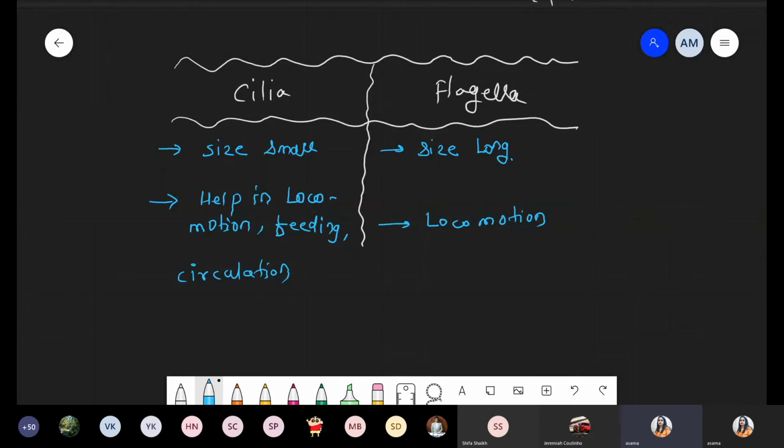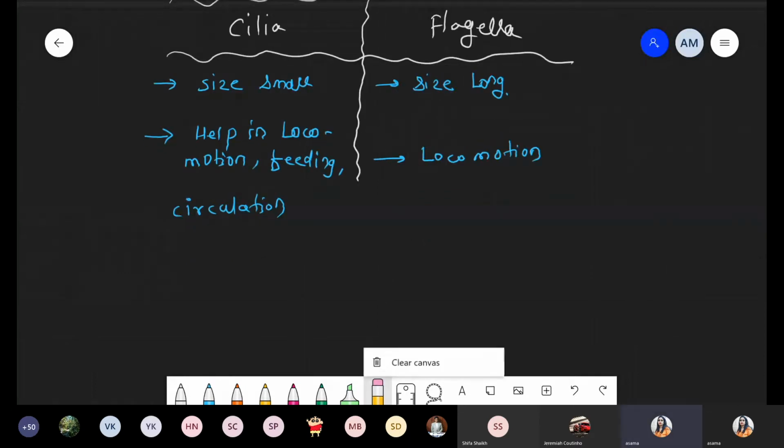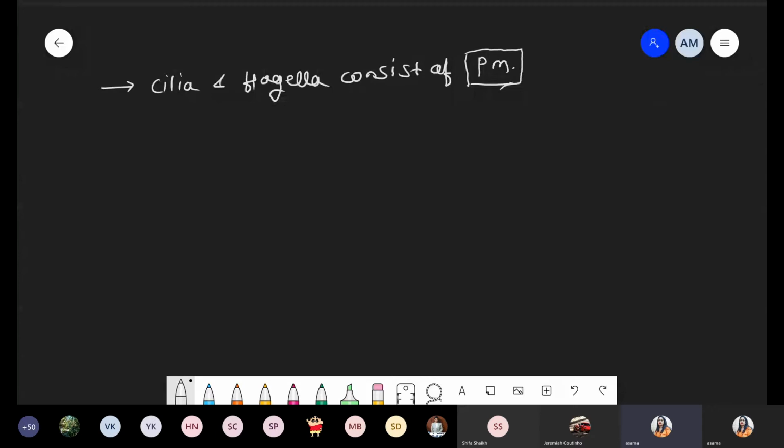Yes. So there is one point before starting the structure, we have to discuss the presence of microfibril, because there we discussed the presence of triplet fibril, but here there will be doublet fibril. So now in this condition, simply we are talking about some information with respect to cilia and the flagella. Cilia, flagella, they are covered with the plasma membrane. One difference between centriole and the cilia, flagella. So remember, in centriole we discussed that centrioles are without flagella.